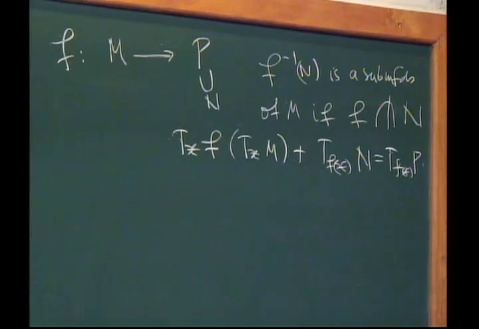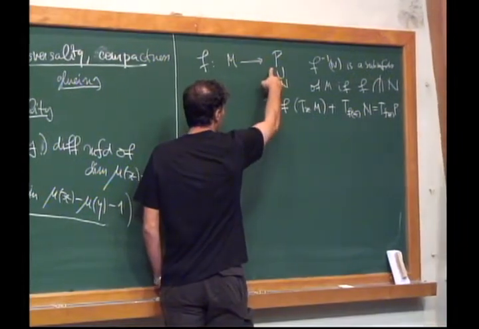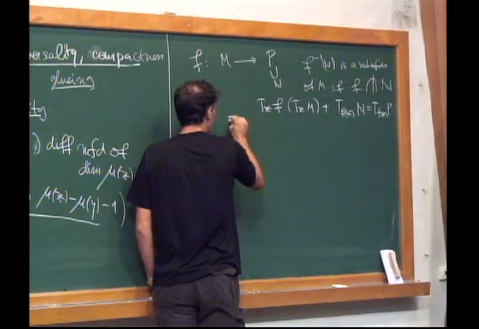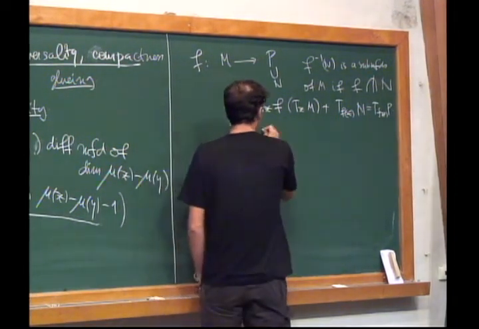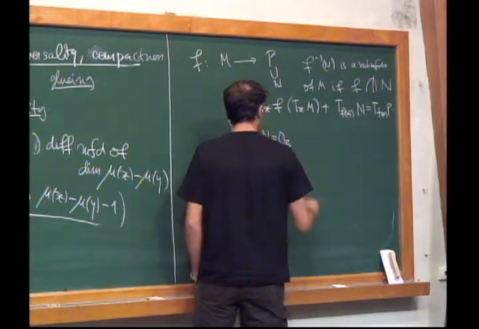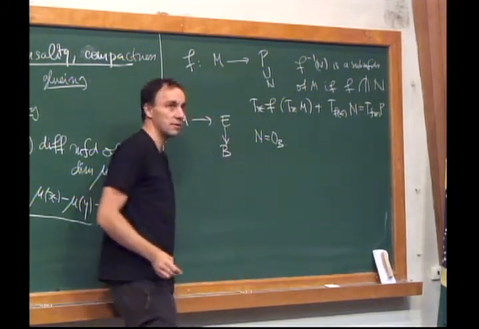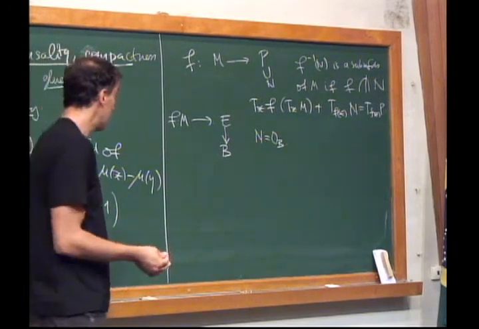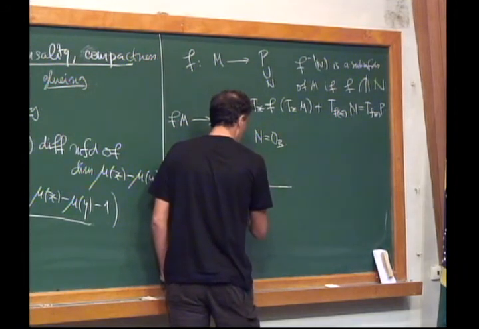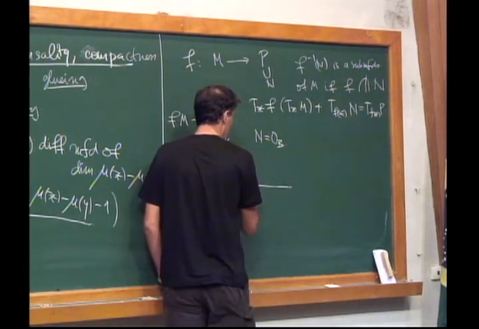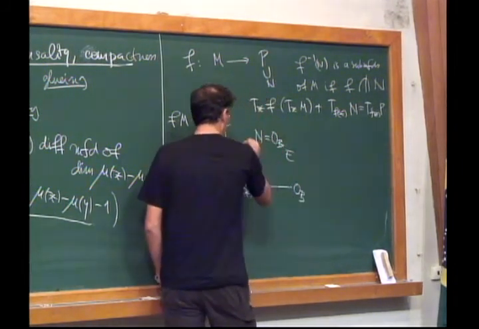I think everybody knows. Now, if you have a particular case here, where P is the total space of a vector bundle over B, and N here is the zero section, you still have this application, F from M to E. What you have to do then to check this transversality property. So this is the zero section, and this is E, and this is the fiber here,